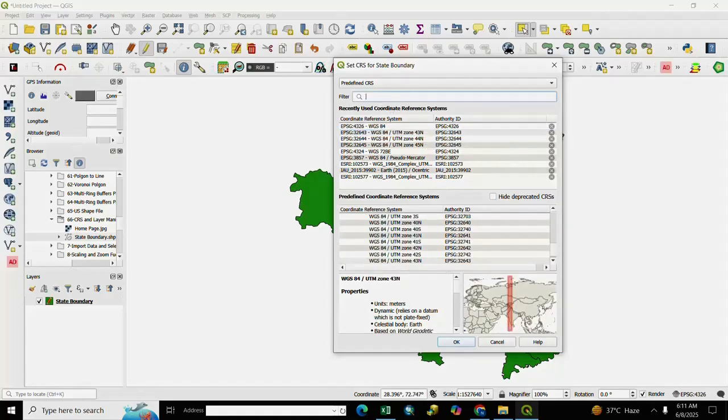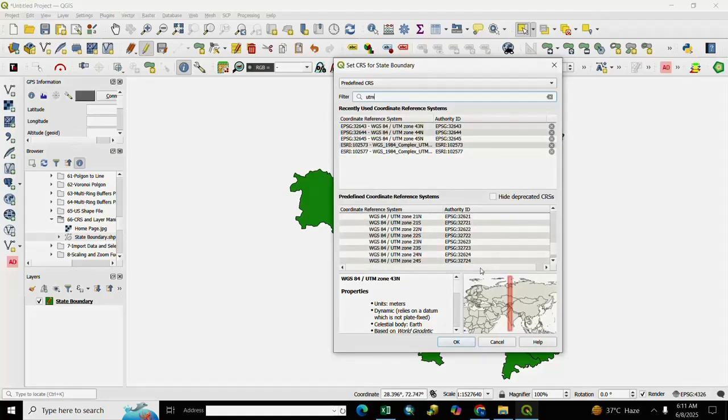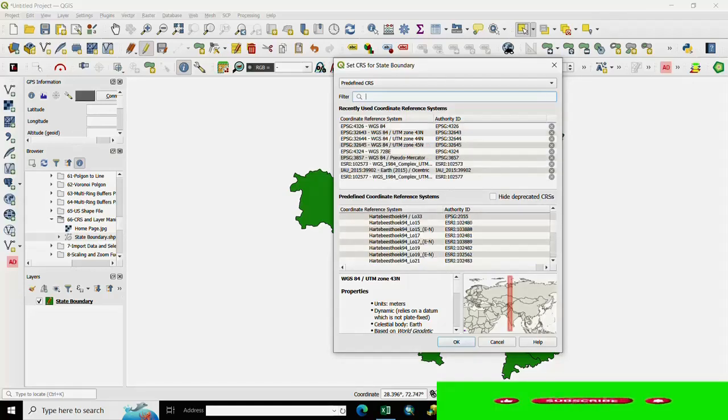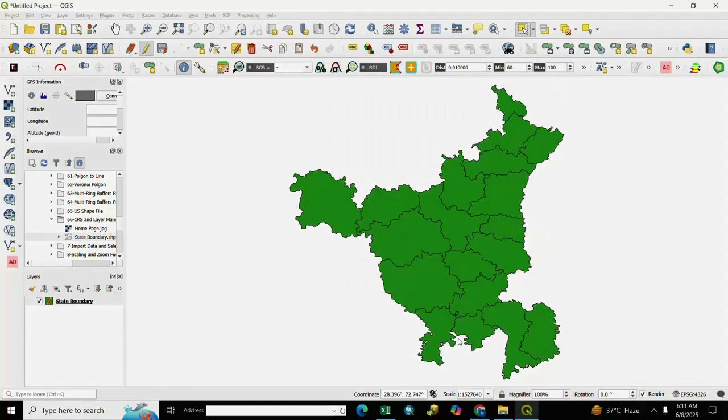You also write here UTM and search here UTM zone projection. So we select here UTM zone 43 north. After it we OK.